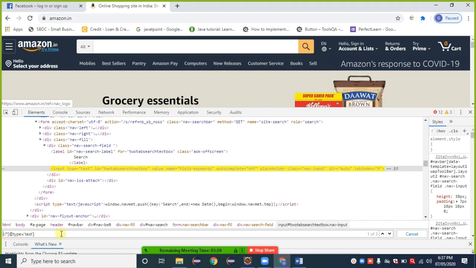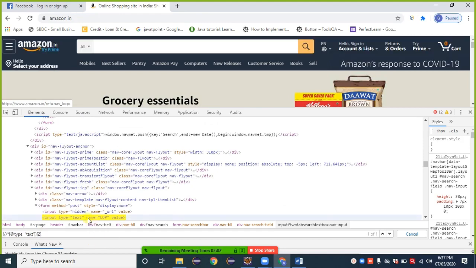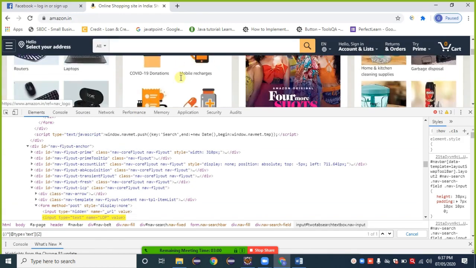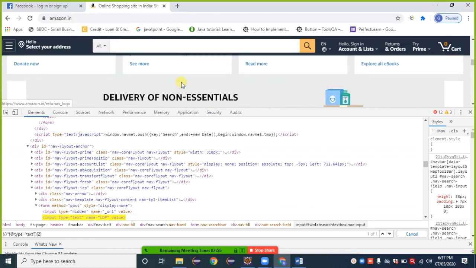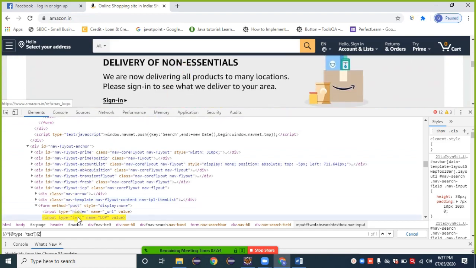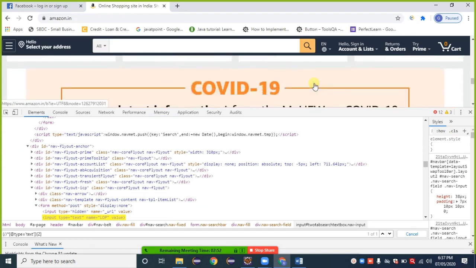Just provide a bracket here, and the total value inside a bracket, then a square bracket, and check from number 1. Take the cursor, yes, the required element gets highlighted. It means this is the XPath I need here. Which one is 2? Just observe, 2. Take the cursor here, another thing gets highlighted. It may be located in another place on the current page, but the location is different.